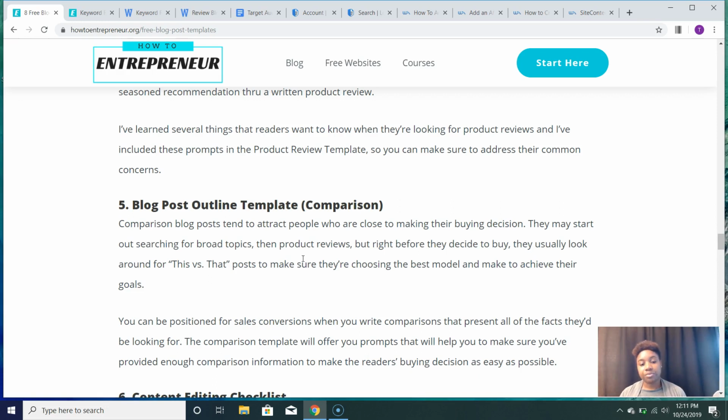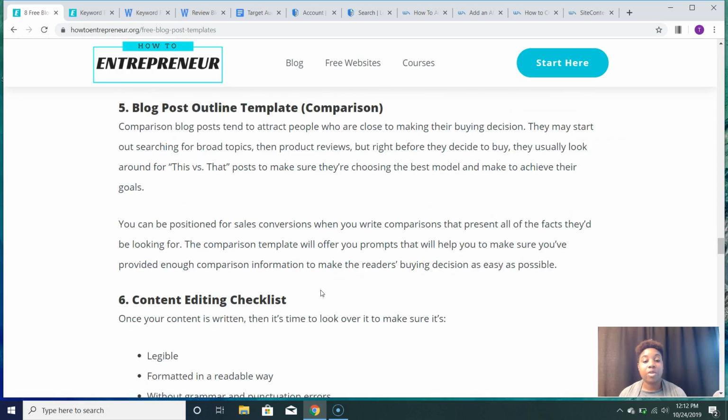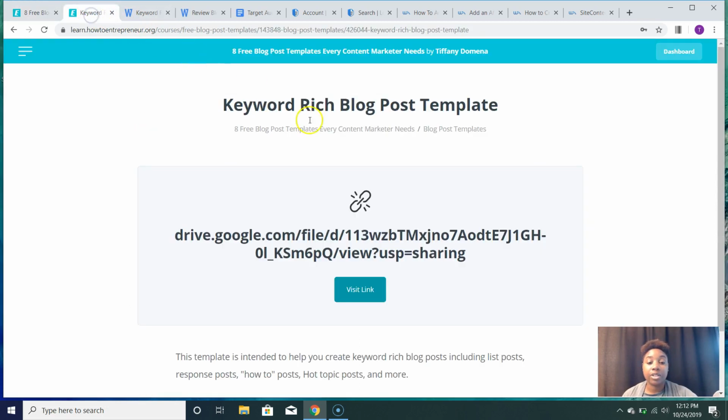So the this versus that post helps them to choose the best model or the best make to achieve their goals. And you can be positioned for sales conversions when you write comparisons that present all of the facts they'd be looking for. So the comparison template that I've included gives you information